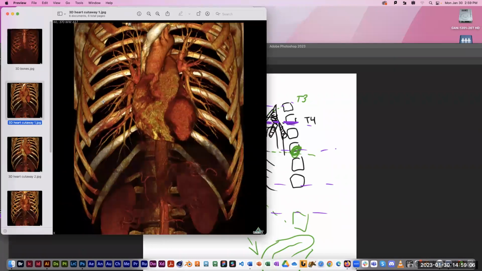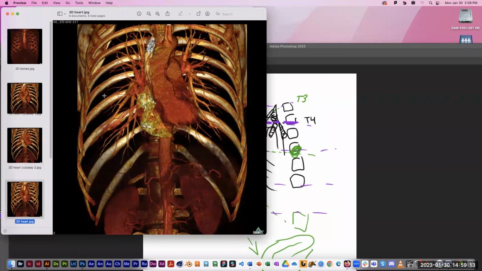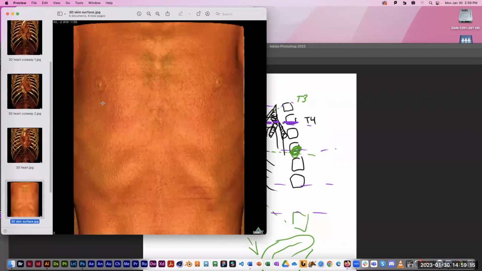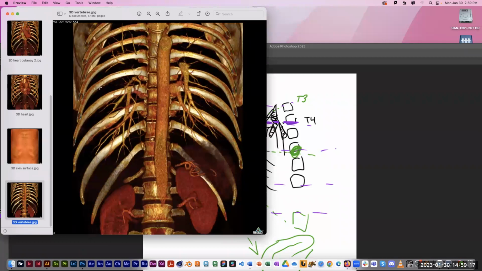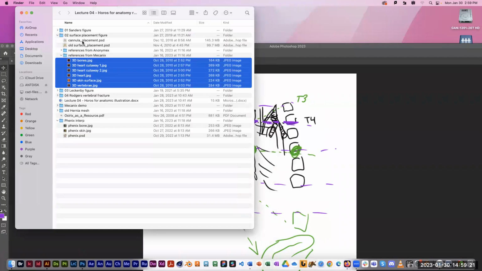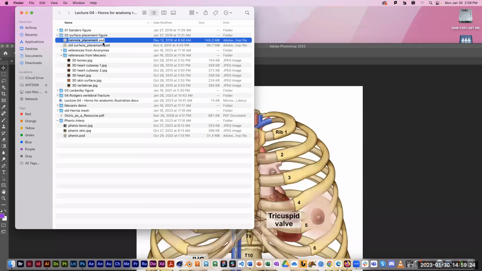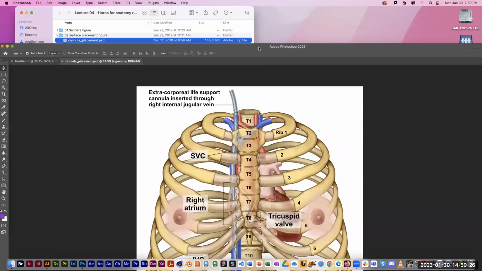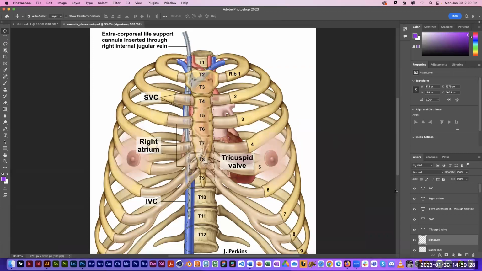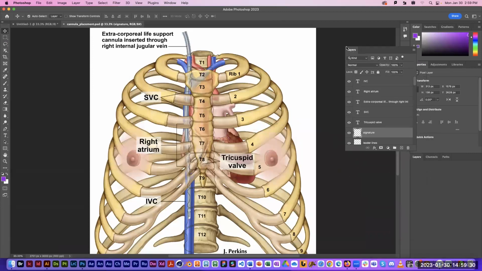So I was actually using two different data sets in this particular project and just comparing them, making sure that what I was illustrating matched both data sets. So if I go back and open up the finished figure again, oops. If I pull up my layers palette,